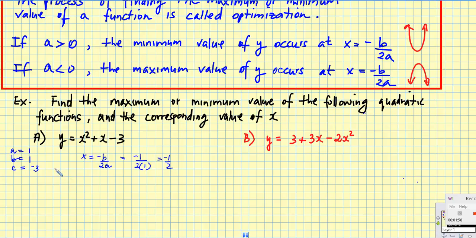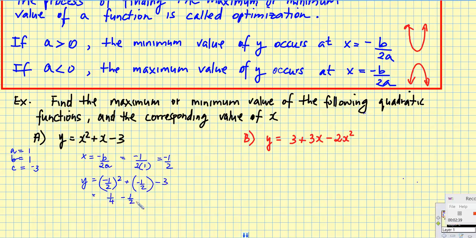Now to find the corresponding y value of the vertex, all I do is substitute the x value, which I found to be negative 1/2, into the equation y equals x squared plus x minus 3. So I am substituting my x value into the equation in order to get my corresponding y value. So I'll say y is equal to negative 1/2 squared plus negative 1/2 minus 3,